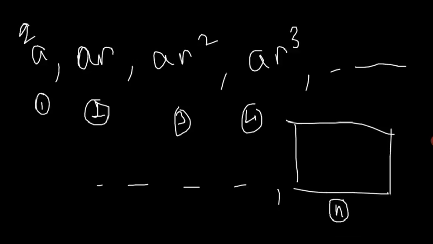So what can we do like this? What is the value of Q in the first term? Q is nothing but 0. R to the power 0 is 1. I'm just writing Q here equal to, here it is 0, here it is 1, here it is 2, here it is 3. As you can see very clearly, the first term has 0, the second term is 1, the third term is 2, the fourth term is 3.